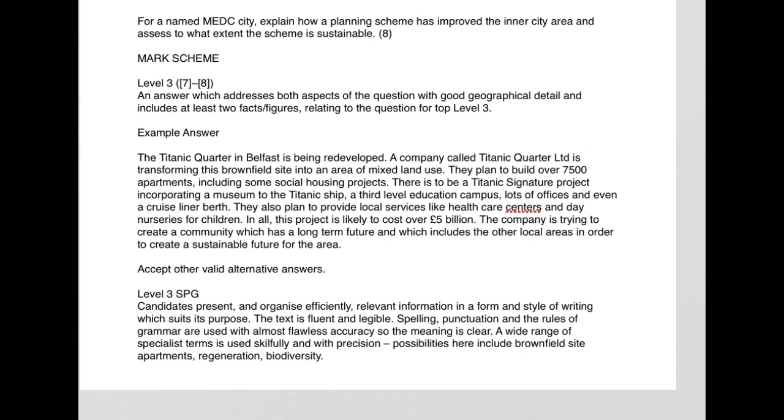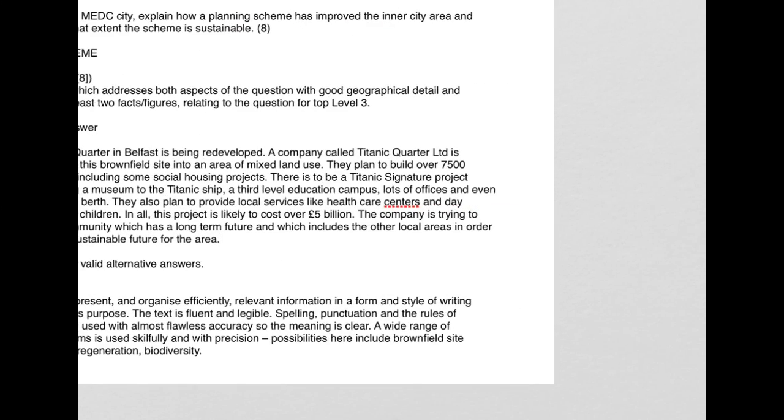If you come across now and have a look at the example question, it says, for a named MEDC city, explain, which means give reasons, how a planning scheme has improved the inner city area, and assess to what extent the scheme is sustainable. So if we think about our notes,